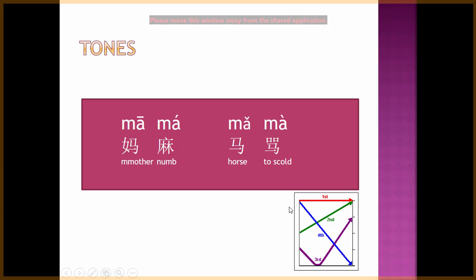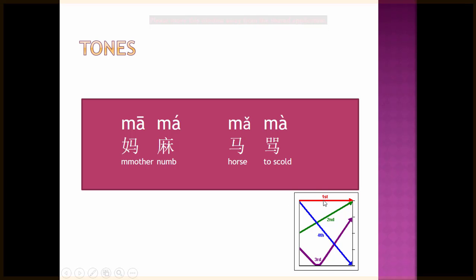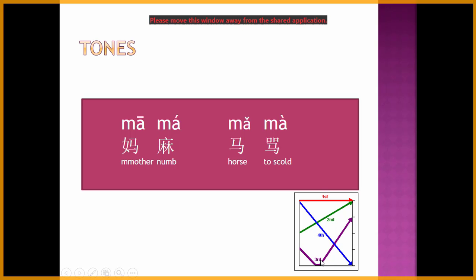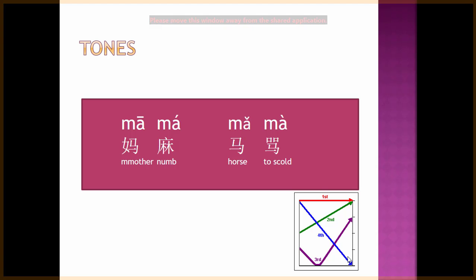that the first tone is ma, it is flat. The second is rising. You see the green arrow, ma. And the third tone here, it is ma. Are you getting my point? And the fourth is top to bottom, the blue one, ma. So these are the four tones which we will be using and practicing. By the way, right now I am telling you what we have to learn in all this scenario.